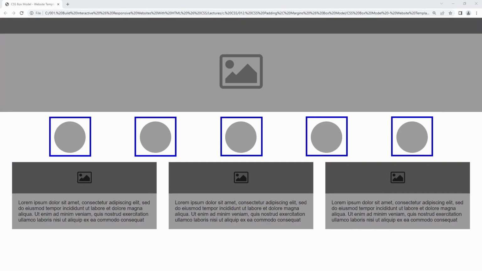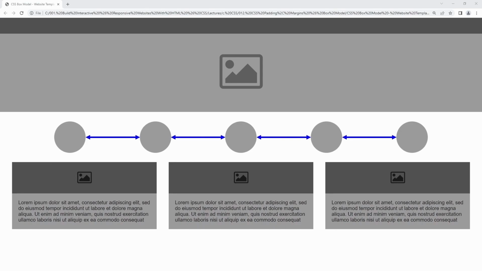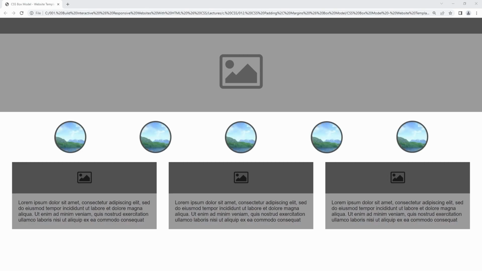Take the feature icons for example. Because they don't touch each other, we can assume that they have a margin around them. It's this margin that will create the gaps between them and the other elements around them. Each one can also have a border, and within that they may have some form of image-based content. They may or may not have padding between the content and the border, but the option would be there if you need it. The same would be true of any other elements on this page. Each one would have its own box model to control the size of the element and space around it. As you can see from this, the box model is therefore a very important part of CSS,